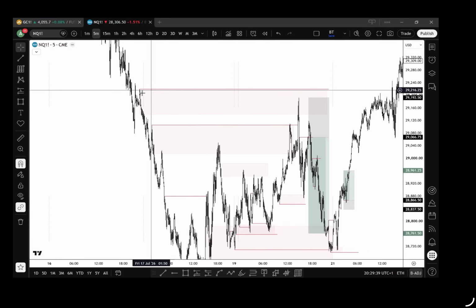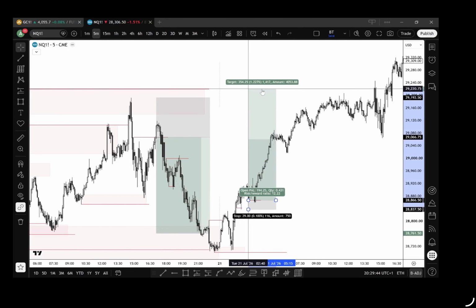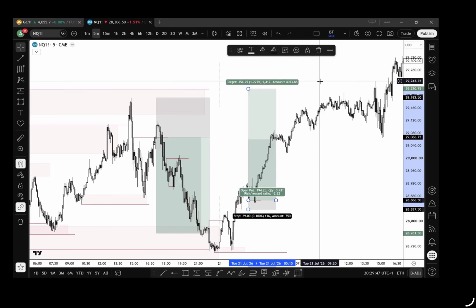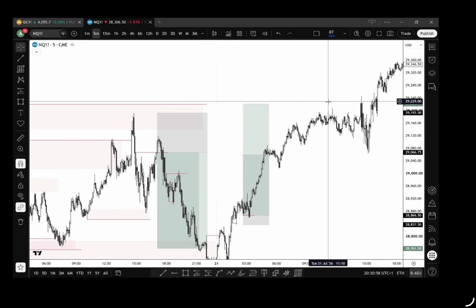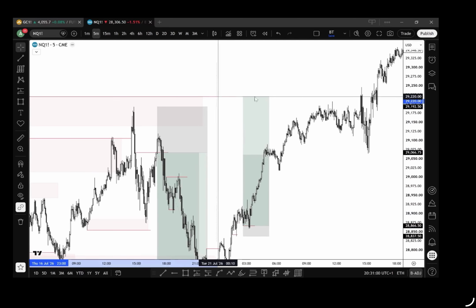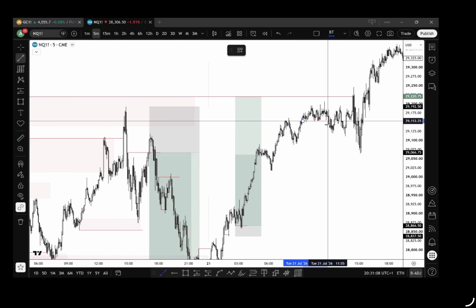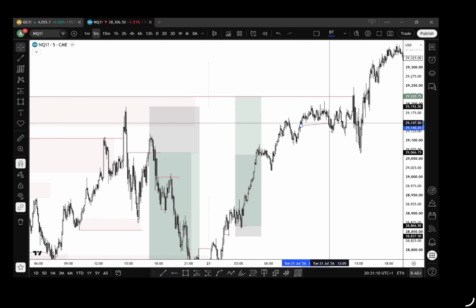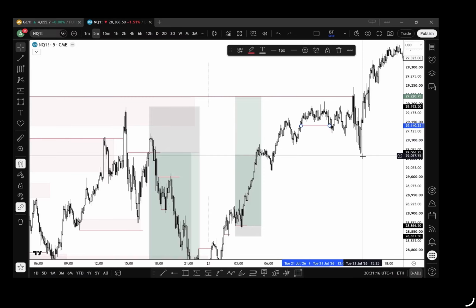Now remember how we had that liquidity above? What does the market come and do? It comes and hunts for that liquidity. Okay, so we take that liquidity. So as I was saying, we come and hunt for that liquidity, okay, and we take it. So if we go all the way to the right, we respect, move away. Look how we break structure, okay, take out some lows. Now we come back up, take that liquidity, and then we move lower.